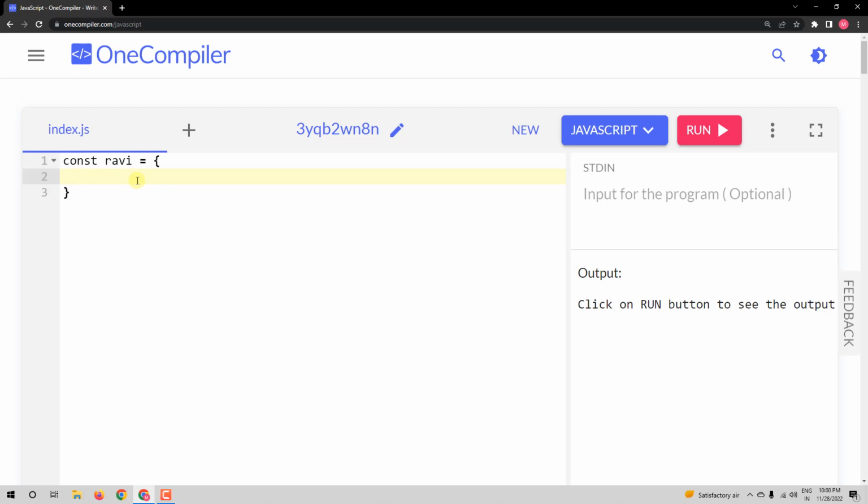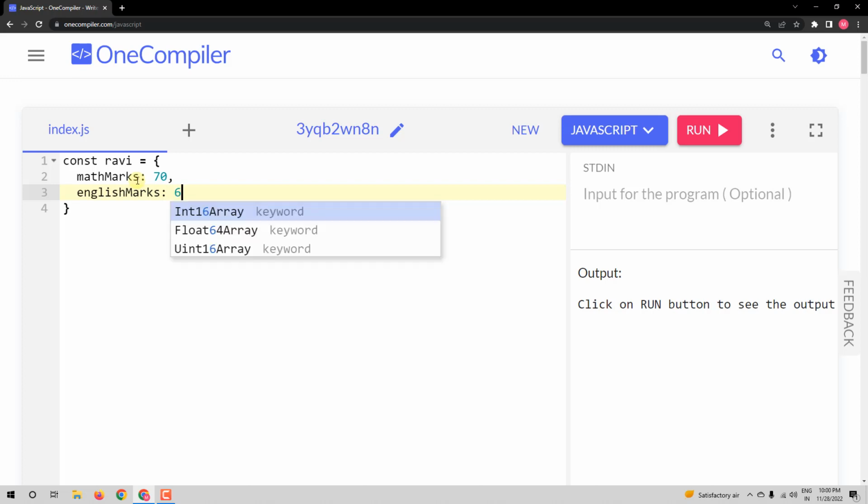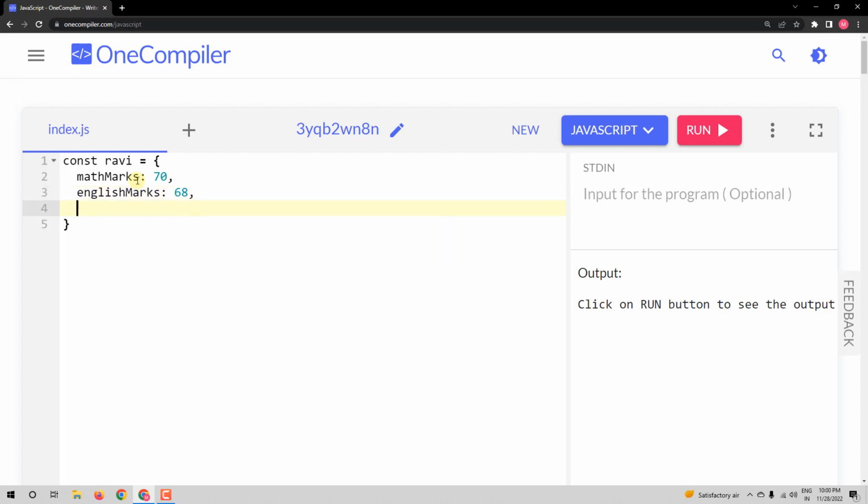So I'll say mathMarks: 70, englishMarks: 68,